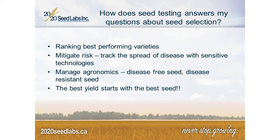And I think managing the agronomics, we're very involved with helping people decide what seed lot they should be using based on the level of Fusarium infection and what other diseases are on the seed. And there's a test that we do, which we call the fungal screen, and that looks at about 11 different pathogens that are ranked in order of how severe they are. And through that, we encourage people to use a seed treatment and to select the right seed treatment for that fungal profile. And I think that that's very important. And I know that there are seed varieties out there that are resistant to some of those things, but again, it's very much dependent on the